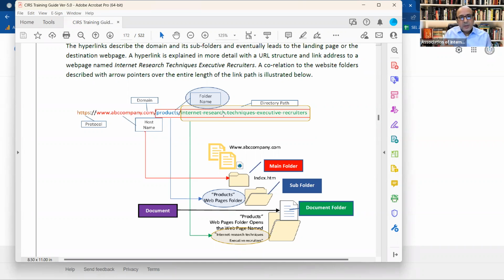But because the search engine is usually pulling the information from the static links, or the HTML links, as we call it,